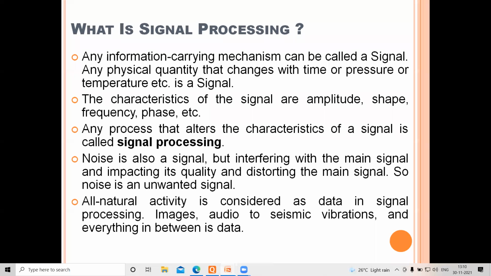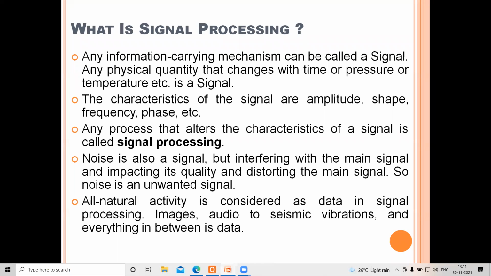But please remember, whatever changes you make, at the end the information, the signal that's being sent, has to be restored at the receiving end. We process so that the error component is removed, the noise component is removed, the clutter that's been introduced is removed, or to enhance the signal. Maybe the shape of the signal is not all right because of noise, it has overshot or undershot, then probably you are boosting it.